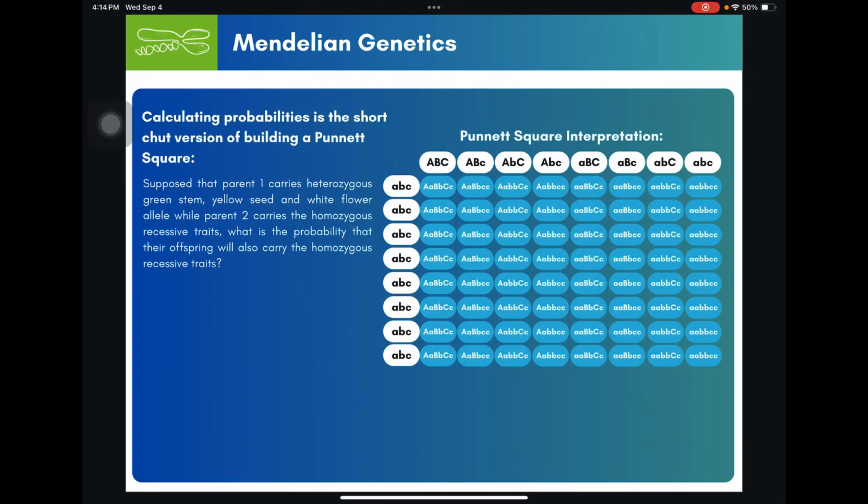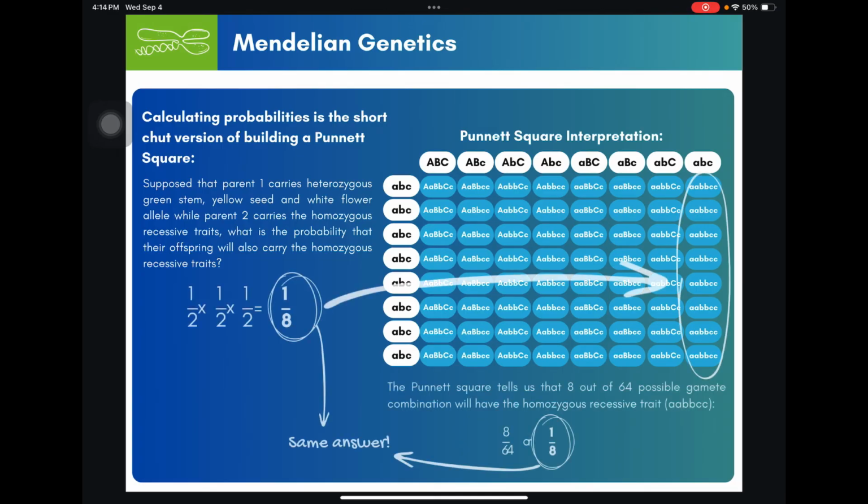Now, again, as I said before, we can definitely carry that out through a Punnett square. But you no longer have the time to create this very complicated Punnett square, especially if you are in the middle of an examination. You can just use our cheat sheet, which is my derived formula that I created for you. Through the cheat sheet, we are able to calculate that the answer would be 1/8. And it's actually similar with our Punnett square here.